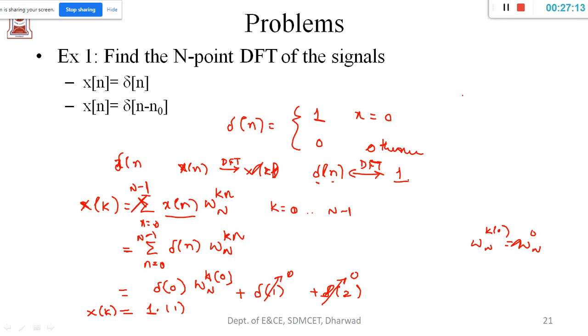This is a very simple example I took, as it is the first example for you. Now you try to solve this particular example on your own. Right now I am not solving this. If you have any doubts in solving this, put them in Google Classroom or in the WhatsApp group. Later I will try to help you.